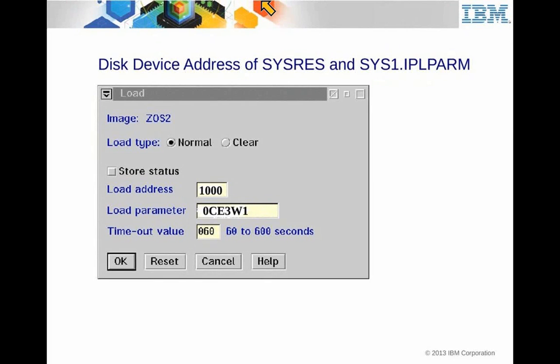So what happens is when you do that, it comes back and asks, what's the load address? In this case, the load address 1000 is a disk device that the system knows about, and it says go to that disk device, and on that disk device you should find the bootstrap program. Also, we give it a